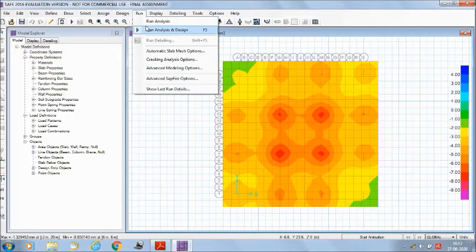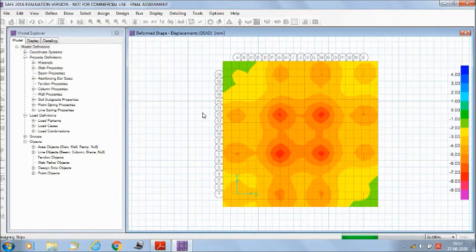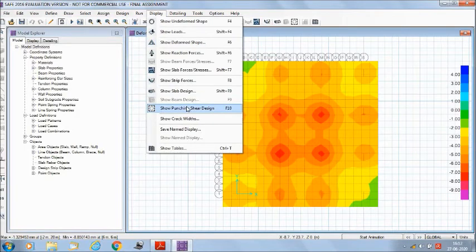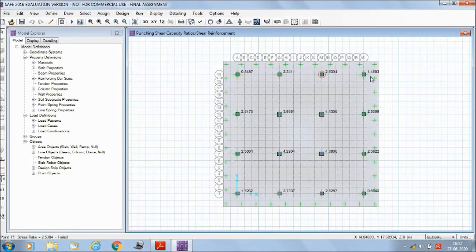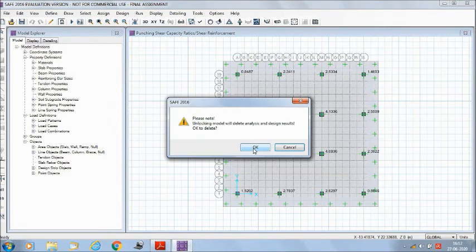Now we will go to run analysis and design. Now we will go to display and show punching shear design. Here all the values are greater than 1, so we have to increase the thickness. So first of all we will unlock the model.